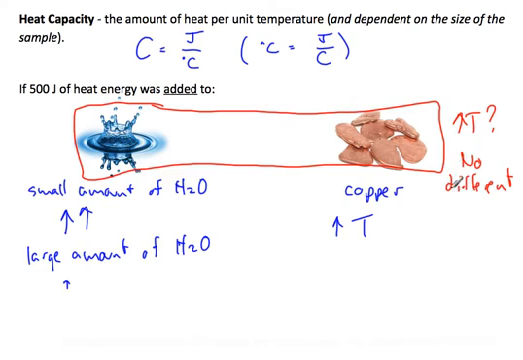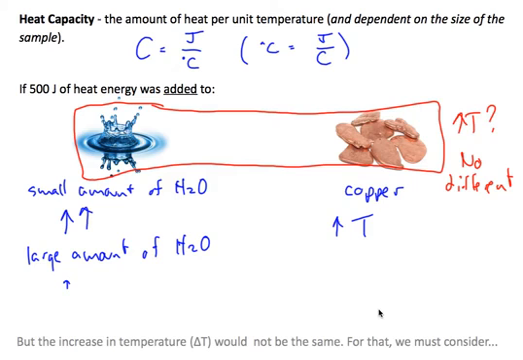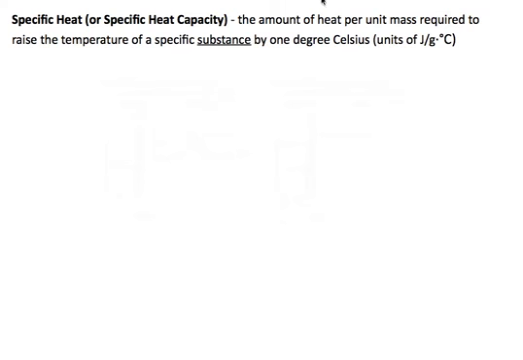And so what we have to bring in here now is this notion of, well, there's some specificity involved. So an increase in temperature would not be the same for those two substances unless we consider their specific heats. And so specific heat, as it says, is specific. Now, by definition, it's the amount of heat per unit mass required to raise the temperature of a specific substance